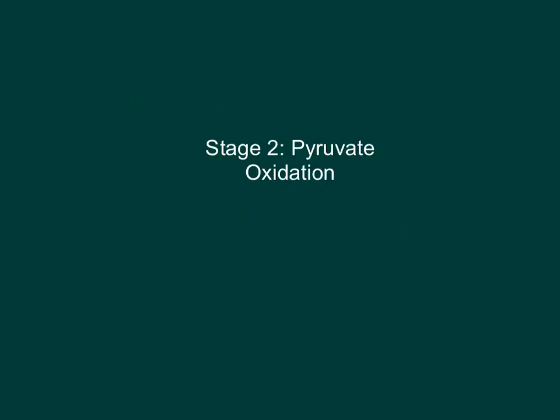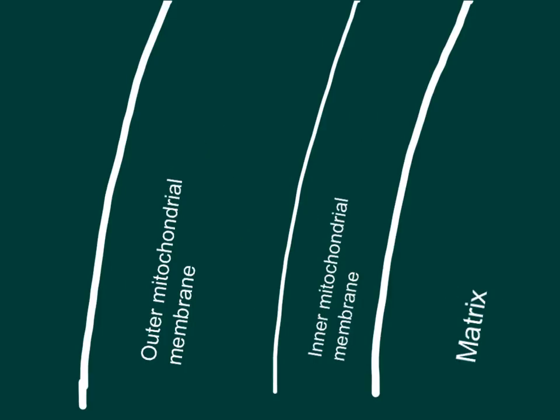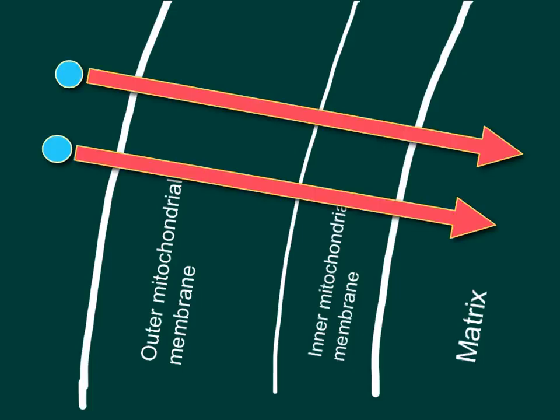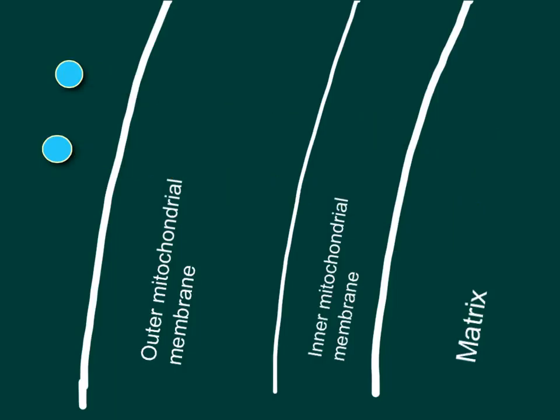Stage 2. Pyruvate oxidation. After glycolysis, the pyruvate oxidation stage will begin. But first, the pyruvate molecules are required to pass through both the outer and inner mitochondrial membrane into the matrix. To do this, the pyruvate molecule will easily pass through the porous outer membrane. After it passes through this membrane, the pyruvate molecule will pass through the inner membrane with the assistance of a